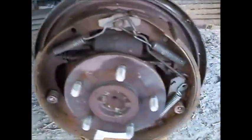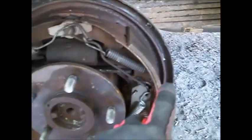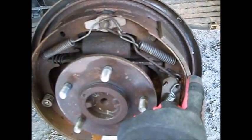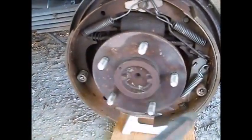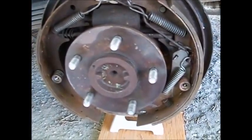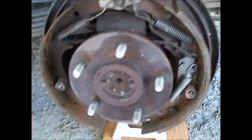And then the back brakes on this vehicle are drum, old style brakes, and the brake shoes are in good shape. Still a lot of meat on them, and this side's pretty sound. You'll see some oil on it, but I had a little trouble getting the drums off. Not much, but I had to use penetrating oil, so that's what that is. I'll have to clean that up. But on the other side,